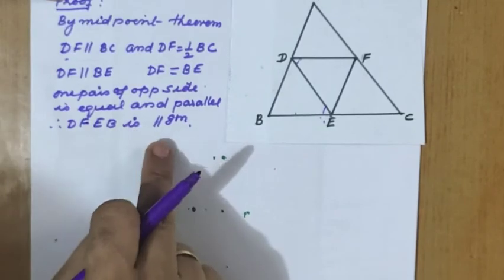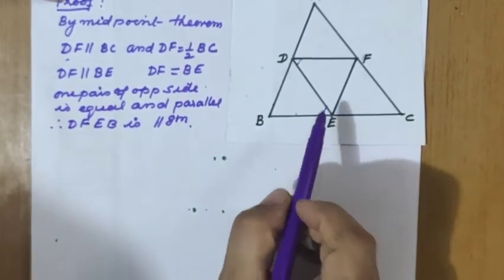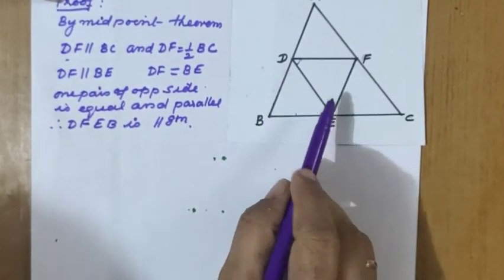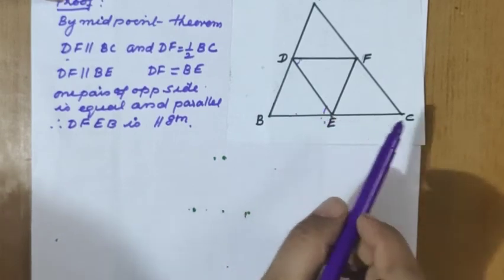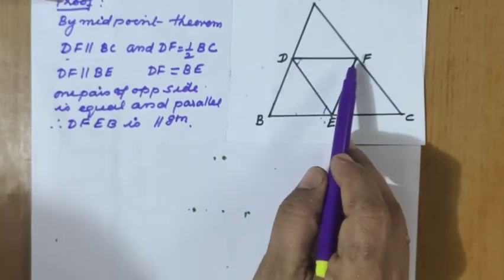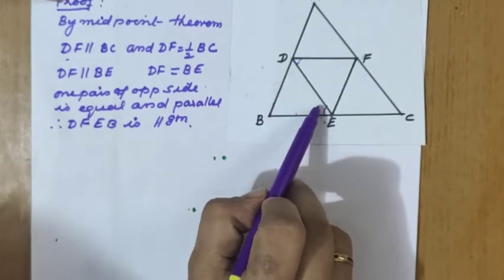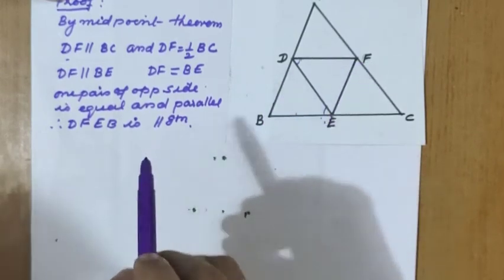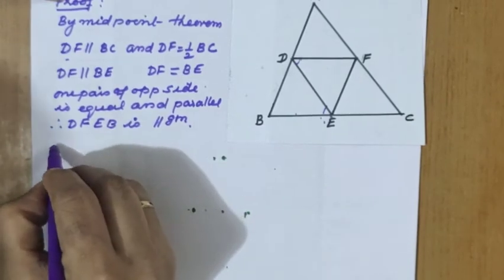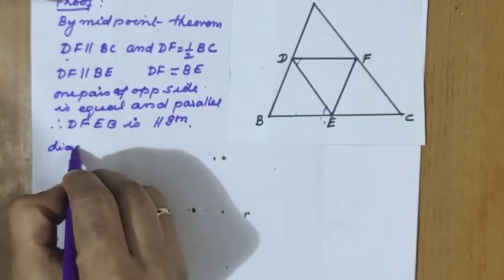So if it is a parallelogram, what is the diagonal? It is diagonal DE, right? We can take DE as a diagonal only. We have considered DF as the side for proving. Now we are considering another midpoint line, that is DE. DE became the diagonal for the DFEB parallelogram. So we can write here: diagonal DE